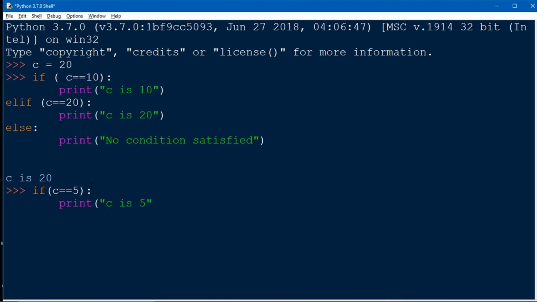Here we can also take multiple elif conditions, and we can also write multiple print functions in our output statement. Let me show you.